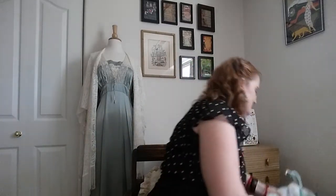Okay, so now I'll move on to clothes. I'll start out with the clothes that I found for myself, and then I'll shift to the clothes that I plan on selling. So the first dress, I found this